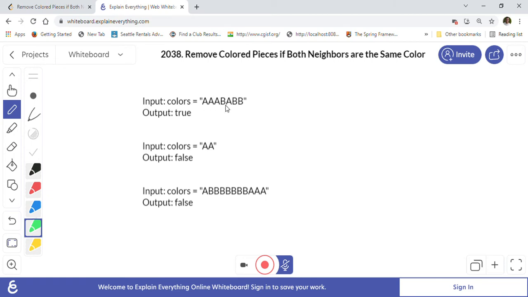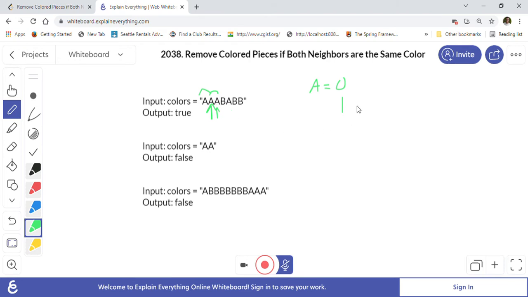So this one is our string. We always start with the first character, and we take a look at the left and right characters. If both are matching, we will increment a count. So the count will be 0 in the beginning. We will start from index 1, then we will increment the count. Then again we will go here, and we will take a look at the left character and right character. If both are A, we will increment the count.